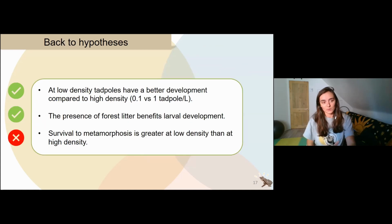Bon, pour revenir aux hypothèses, on a pu conclure qu'à basse densité de têtards, on avait un meilleur développement comparé à une haute densité, toujours 0,1 versus 1 têtard par litre, et que la présence de litière forestière était bénéfique au développement larvaire lorsqu'on avait peu de têtards dans les bacs. Là, on n'a pas vérifié ça pour la grande densité. Puis, on n'a pas trouvé de différence significative entre la survie à la métamorphose entre les différents traitements, mais c'est